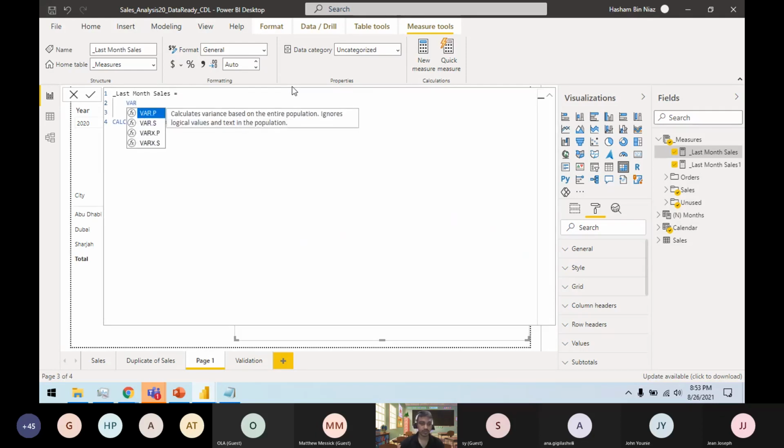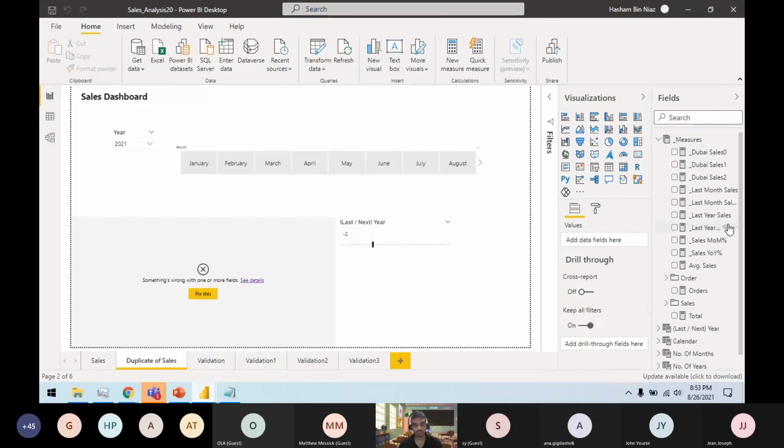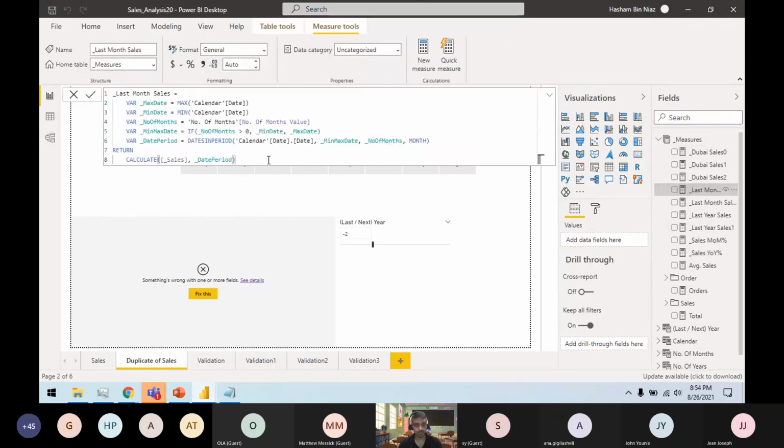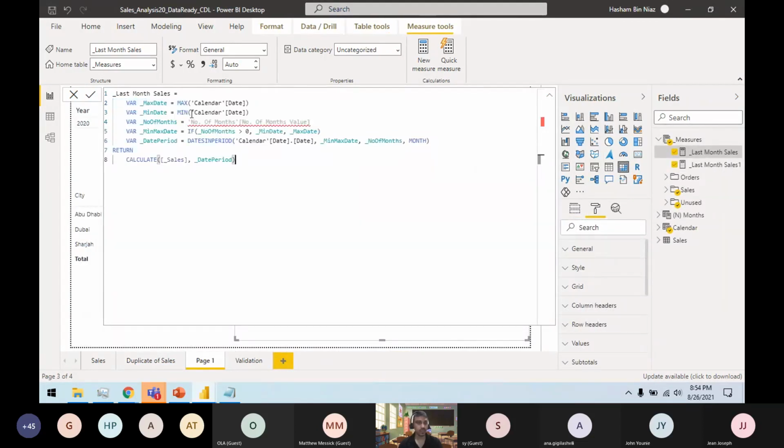So I say VAR, and I think it would be easy if we copy paste, just to save some time here. Now I have this statement, where I'm defining the maximum date. I'm getting the maximum date from my calendar table, and I'm getting the minimum date of my calendar table. Now I'm actually